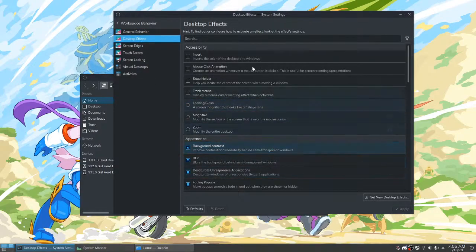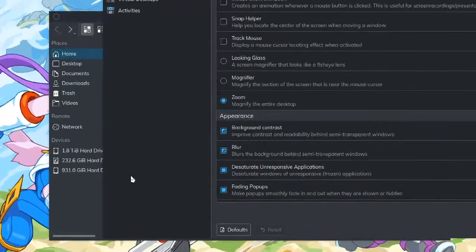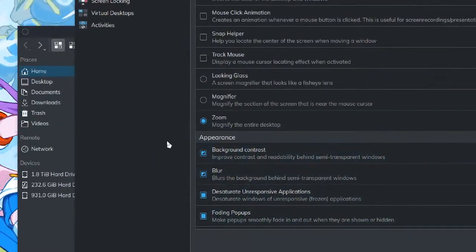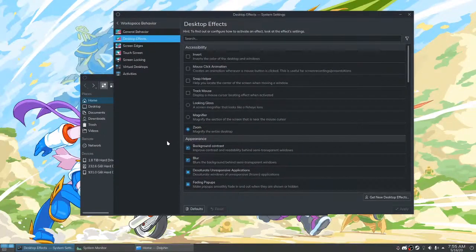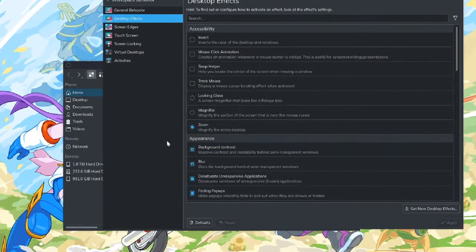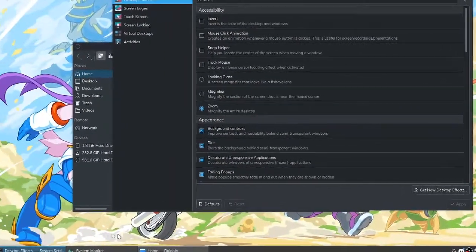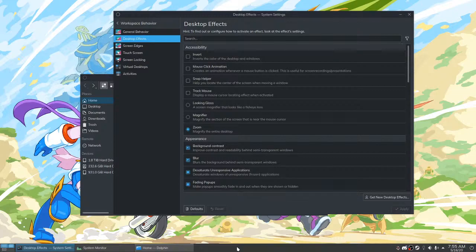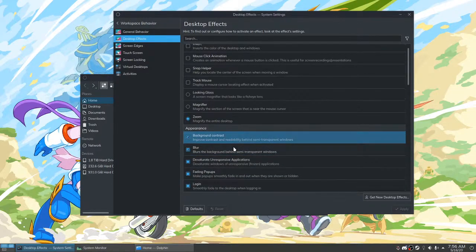So we've got desktop effects. Teal showed me this today, or last night. Oh, is it not going to work? No, yeah! Look at this. Just like that. It's a KWin effect. You can just zoom things in. It's probably more useful for really large resolutions, but I thought that was a pretty cool feature.